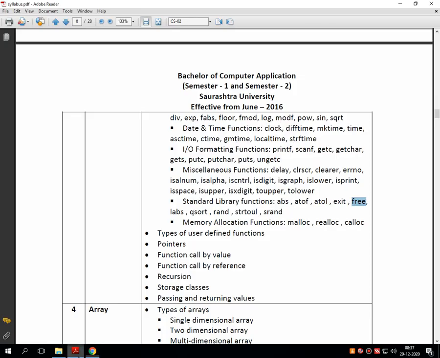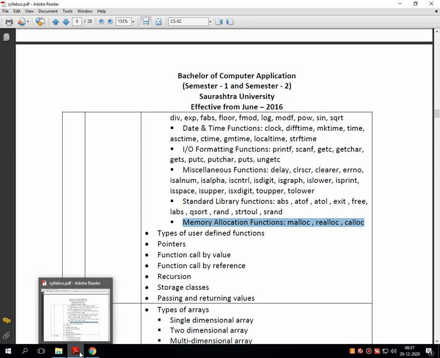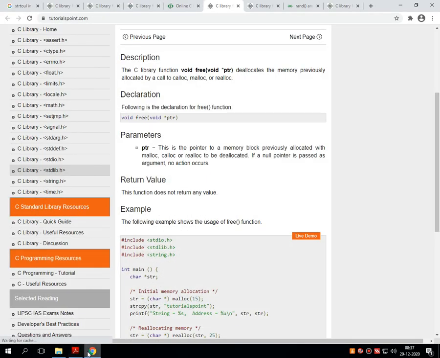If you look at the syllabus of our subject, then shortly we are going to have a look at malloc, calloc and realloc in the memory allocation functions. So we can say that malloc, realloc and calloc are memory allocation functions which allocate the memory for storing the value inside the system. So this function will release, or you can say deallocate, all this previously allocated memory by the memory allocation function.